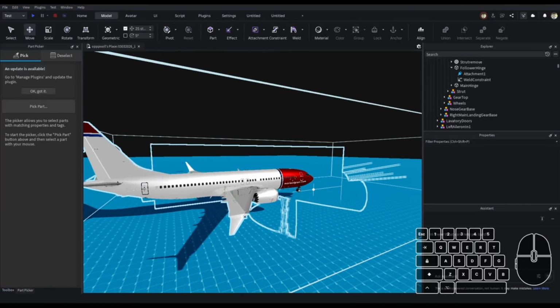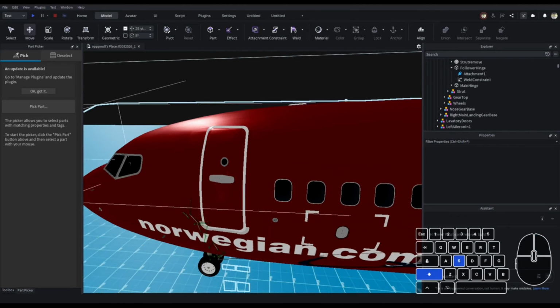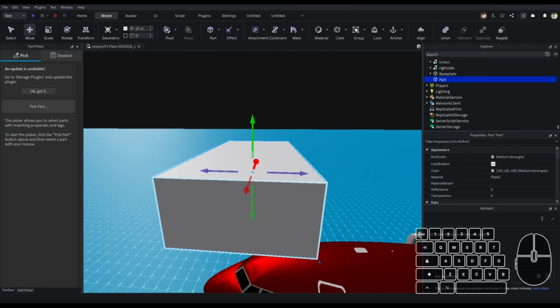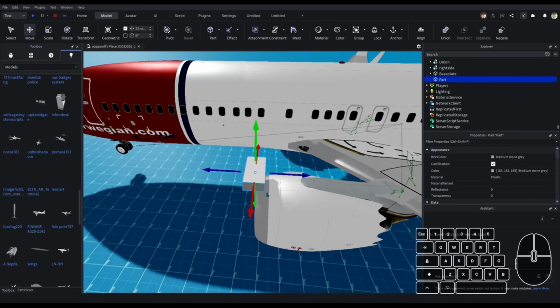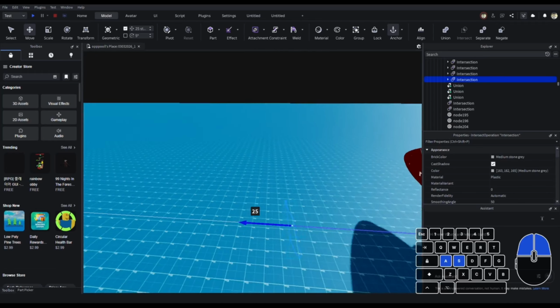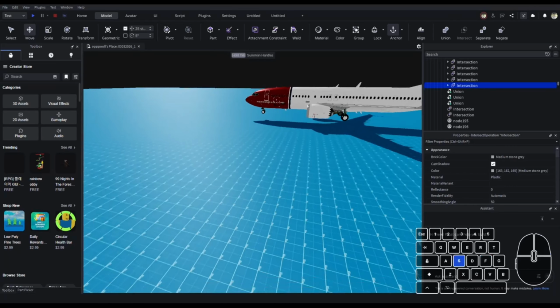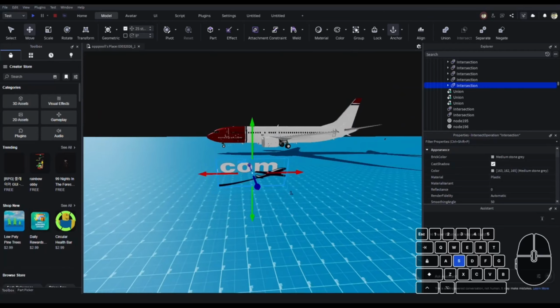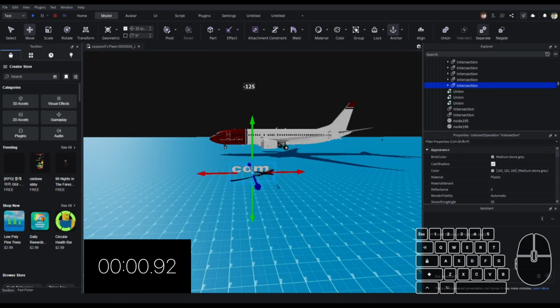Texture manipulation, like stuff, doors going through decals. To be honest, I'm not sure how you do that, but I will try my best to learn with you guys. This thing I already covered, being decal placement, but I will cover it again if I can. These are not animated, so they're not stuck to here. If I separate this Norwegian.com text part, whatever thingamajig,